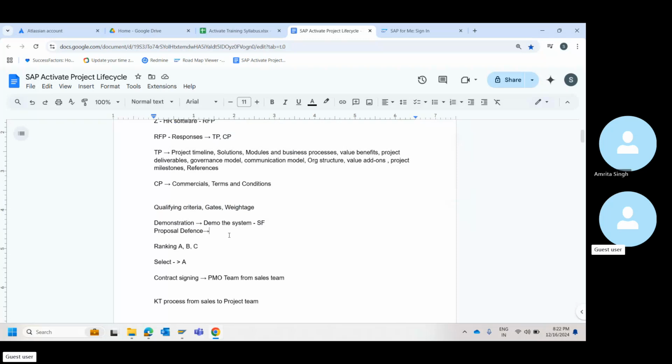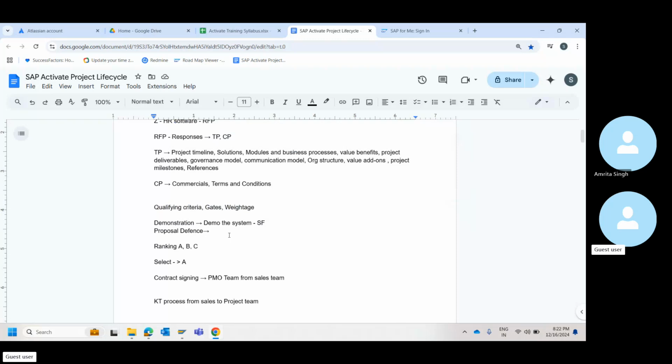This is one part. The other part is you have submitted the paper, right? The paper that is TP and CP, which is going to explain what are all the technical things that you are going to do during the project. They will read the proposal. They will have a lot of questions, clarifications. They will also say, okay, my judgment was you will take 6 months. However, in your proposal, you said you will only take 3 months. How come you arrived at this solution? How come you are saying project timeline is 3 months while we anticipated 6 months? So these questions will come up, and then you only propose this solution.